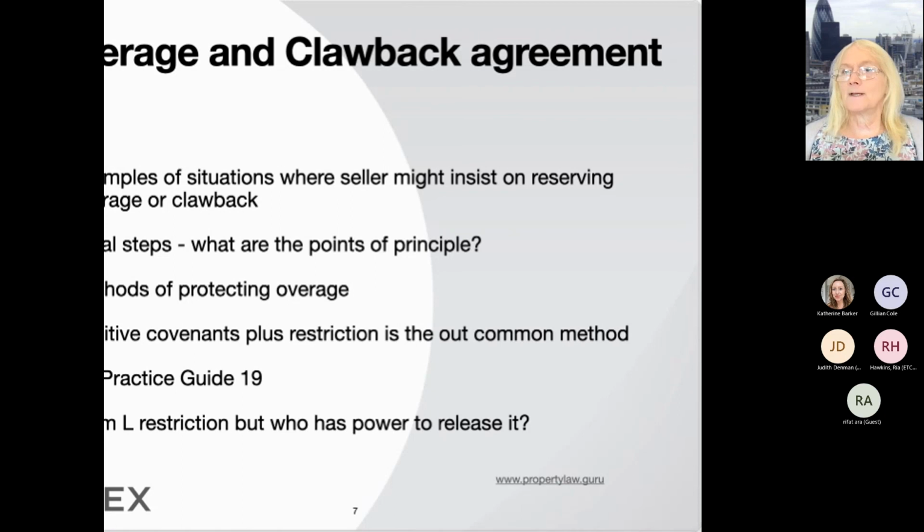So the normal way of dealing with it is to have a positive covenant protected by a restriction. And obviously, if the buyer then sells the land or wants to sell part of it, they're going to need to get the seller's consent to the lifting of the restriction. And the seller's not going to do that unless he knows he's going to get the money. But the problem is, this positive covenant is not enforceable. This positive covenant to pay money by way of overage is not enforceable because of the general rule of English land law that positive covenants don't run with the land, only negative ones. And